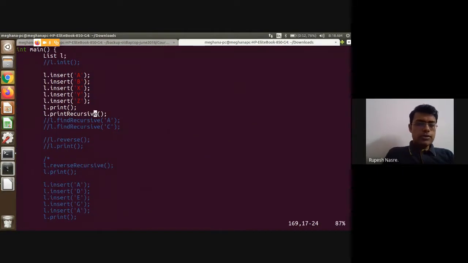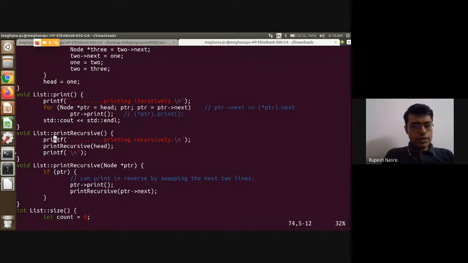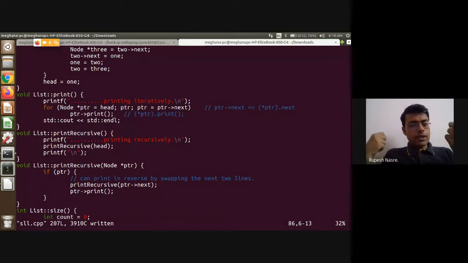Now what we are going to do is to reverse those two statements. Right, so here, instead of printing the node first, I'm going to print ptr arrow next first, and then going to print the node. So the way it is going to work out is that, let's say the elements are A, B, X, Y, Z. Then it goes to A, and then it says that I'm going to print A, but not now. Let me print B first, and then I'm going to print A, right? So that is print recursive of B, and then printing of A.